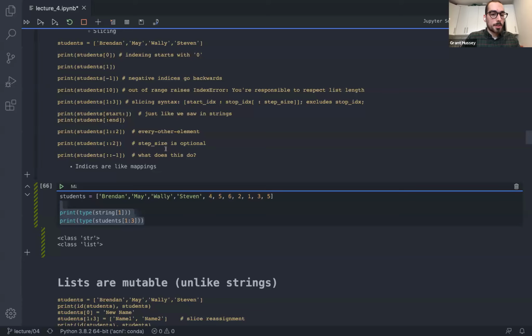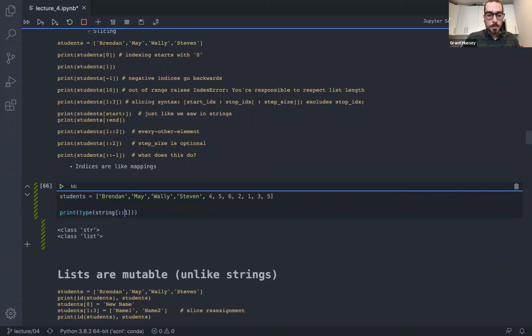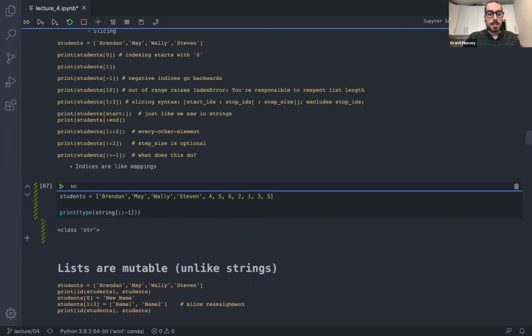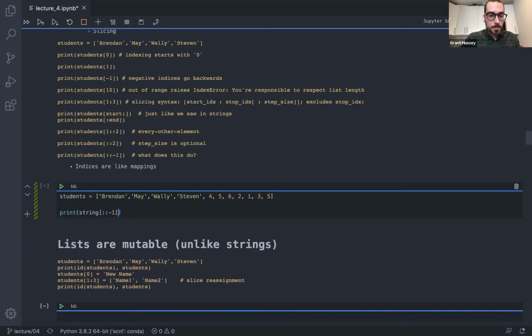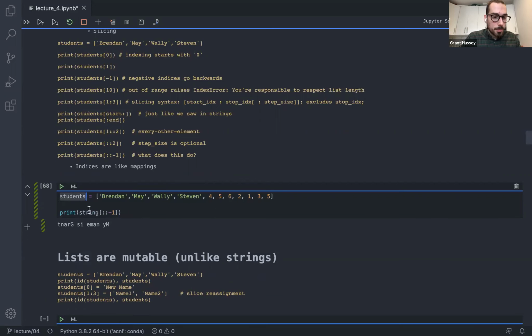But okay, what else can we do? Oh yeah, so here's the last one we'll touch on with this right away. So if I do ::-1, what will happen then? So -1, remember, starts from the last element. So when you do this, actually, you reverse the list. So let me take out that type statement right there, so things are cleaner. Oh, not string, but we want students. And let me also take this out. So this will actually reverse the list. So this might be easy or important if, let's say our list is alphabetically ordered. You want it reversed, do it like this. But we'll see a way to do that too